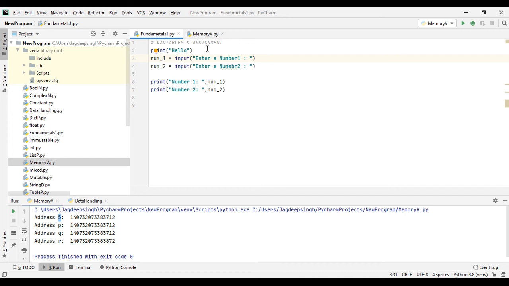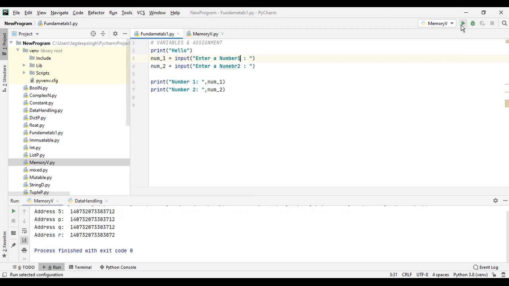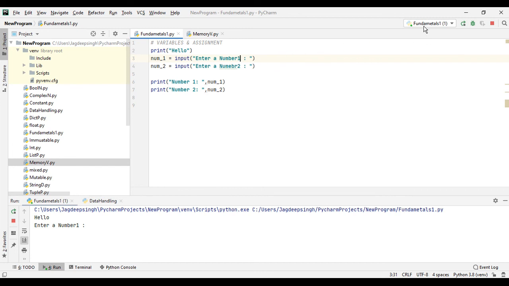Here we can write number1. So in this way this message will be displayed on the output, and then the value entered by the user is assigned to number1 and the second value entered by the user is assigned to number2, and then you can see the output with the help of the print function. Now save this program and execute or run this program.